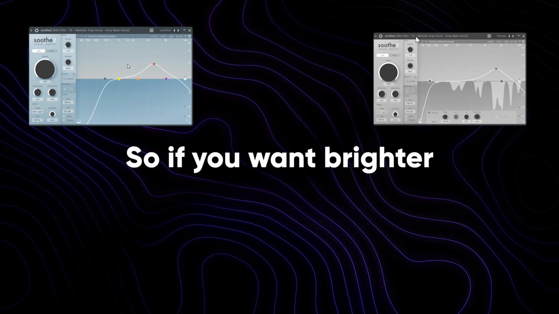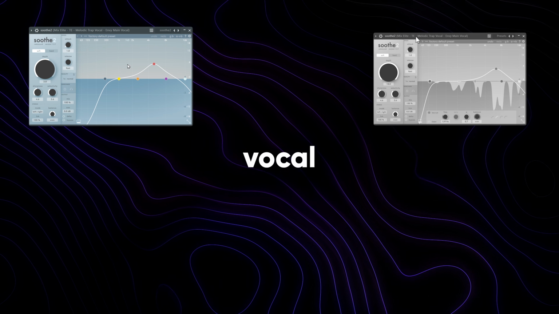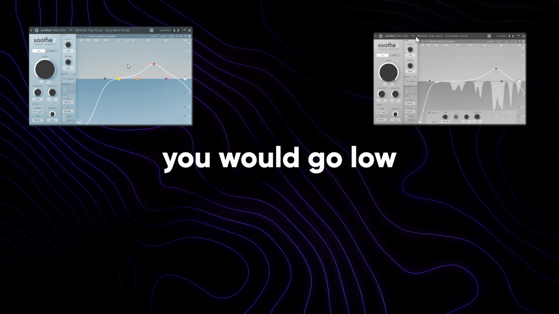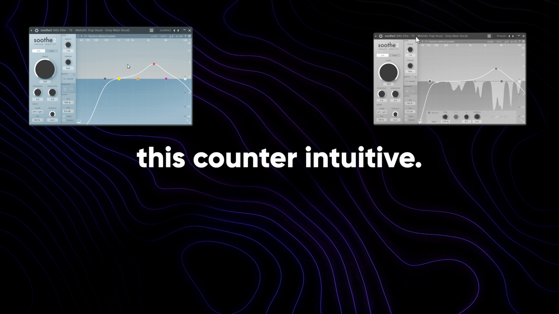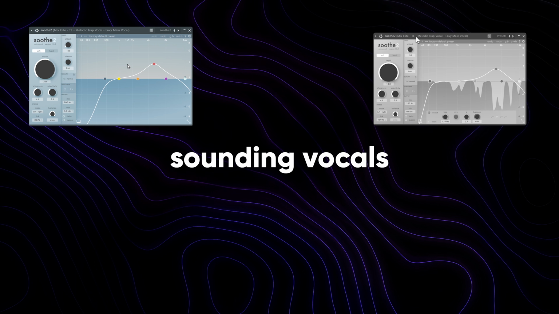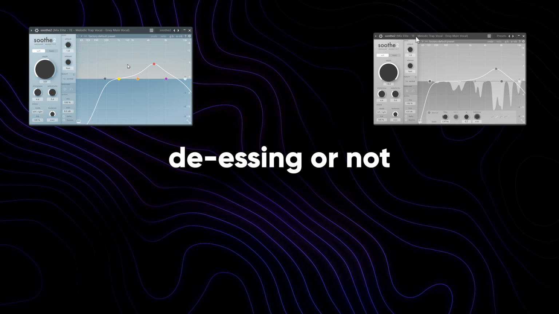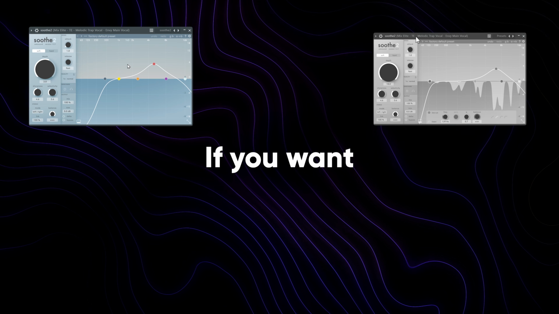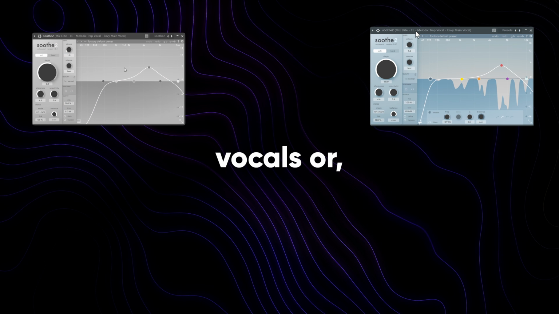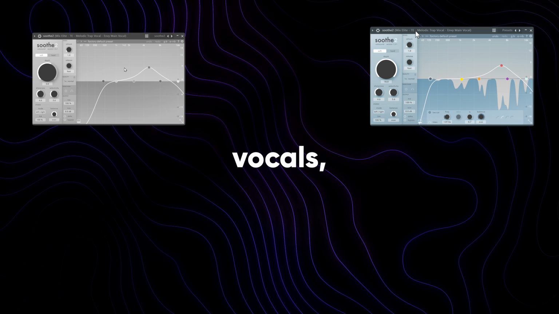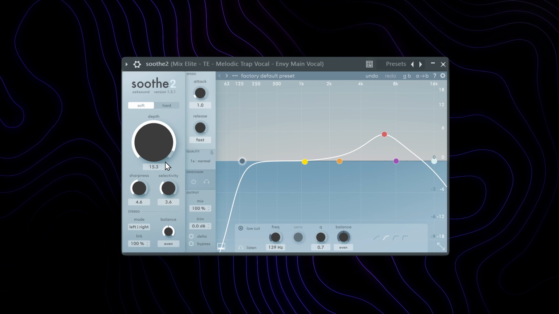So if you want brighter and clearer vocals, you would go low on the De-Essing. This is counterintuitive, but if you want clearer sounding vocals, you actually go really low on the De-Essing or not do it at all. If you want dirty sounding vocals or darker sounding vocals, you would go with really, really